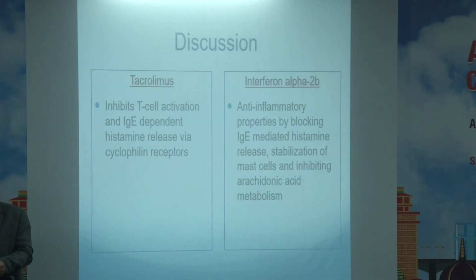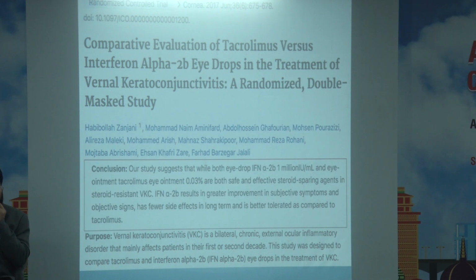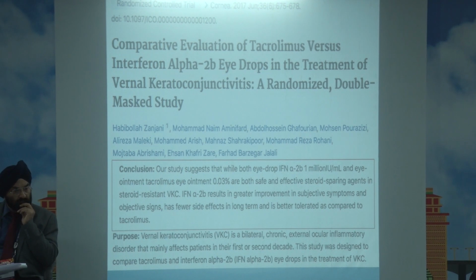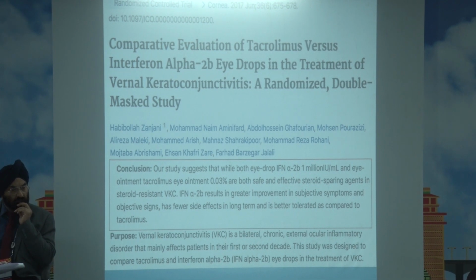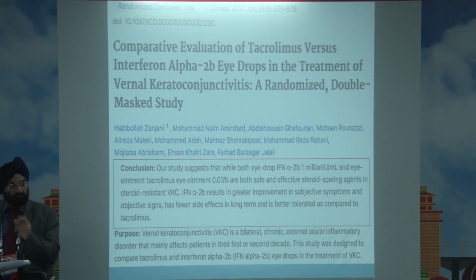So tacrolimus, as we know, inhibits T cell activation and IgE dependent histamine release via cyclophilin receptors. Interferon alpha 2b also has anti-inflammatory properties by the same mechanism. It stabilizes mast cells and inhibits arachidonic acid metabolism. This was a study conducted by Zanzani et al. which compared interferon with tacrolimus, and they also found that both are safe and effective, while interferon resulted in greater improvement and had fewer side effects. But this study had a follow-up period of only 2 months. Plus the tacrolimus concentration they used was